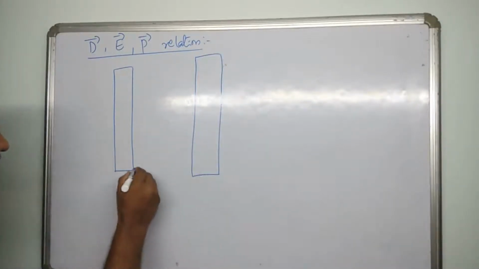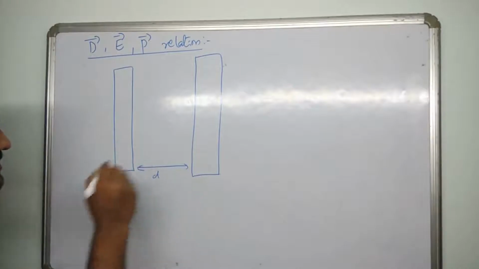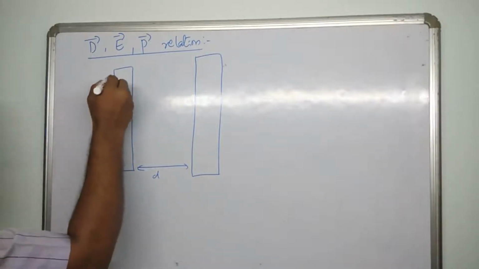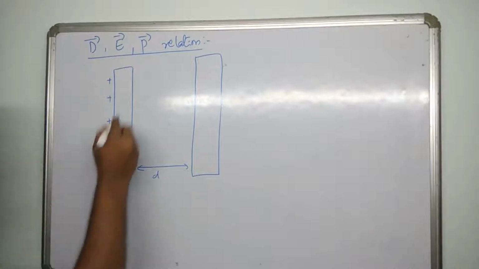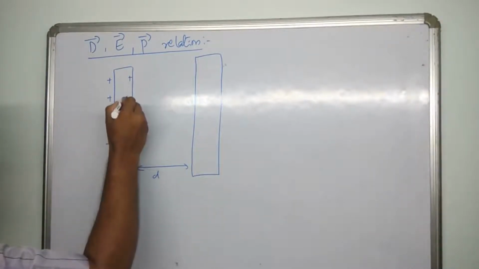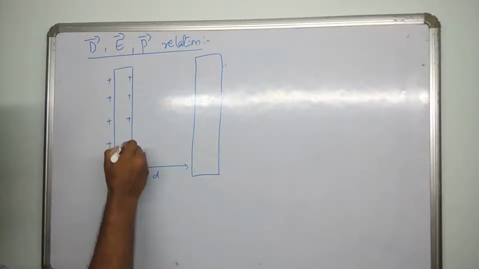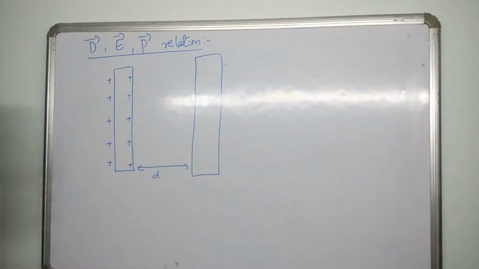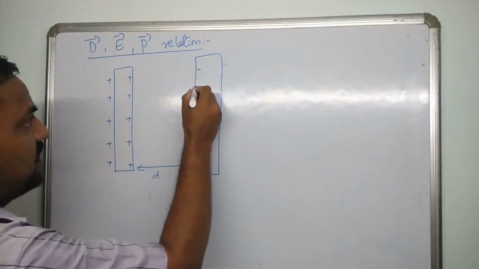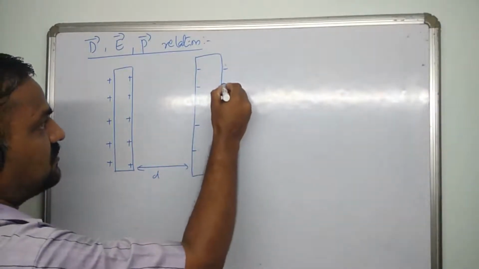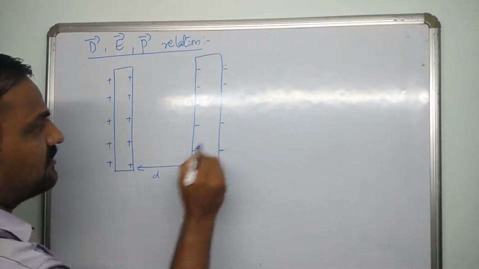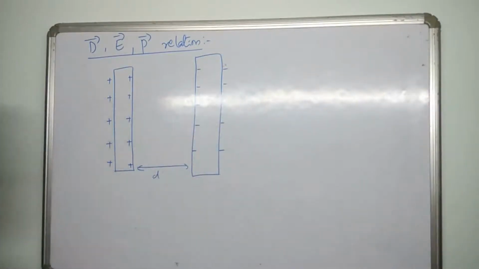with plate area A having a separation of D, just like the same one. So here you have the same positive charges. I'm using 5 charges here. So similarly here I will have 5 charges. I'm intentionally drawing inside. Don't think that the charges are inside. Actually charges will be on the outer surface. And similarly here I have 5 negative charges. Similarly here 1, 2, 3, 4 and 5. This is the negative plate.